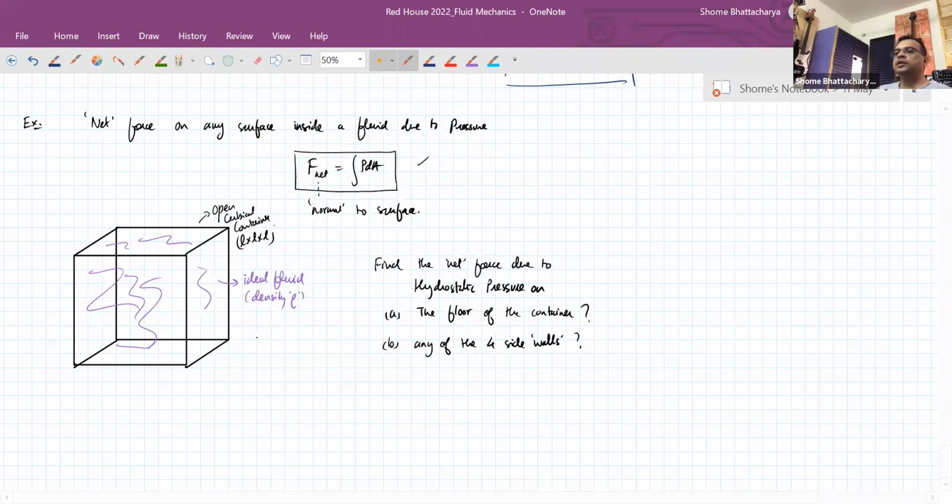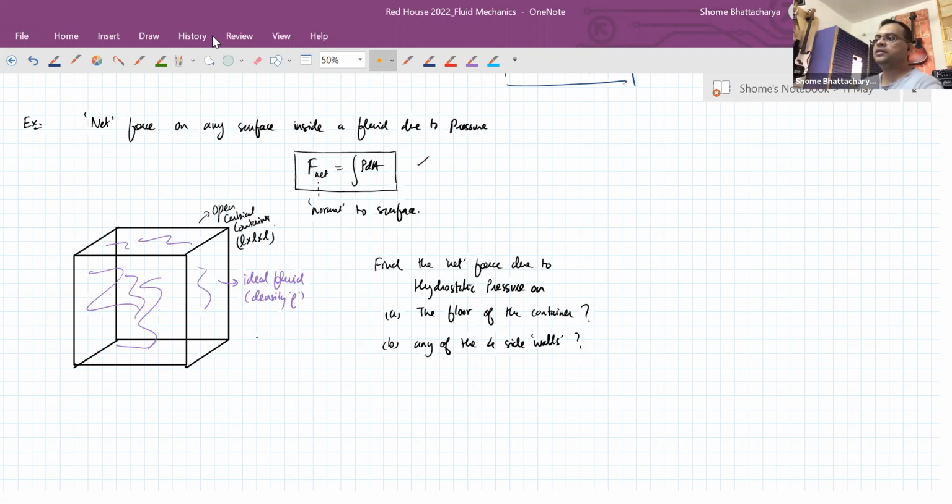So for the side wall part, you'll have to use the integration, and you should take an area element such that you keep into consideration that the pressure is varying with depth. It is not varying with horizontal coordinate, it's varying with vertical coordinate. So you should accordingly select your differential area dA and do the integration. So express the pressure as a function of the depth, right? And then take a suitable area element and do the integration so that you cover the entire side wall, which will be having a total area of L into L.